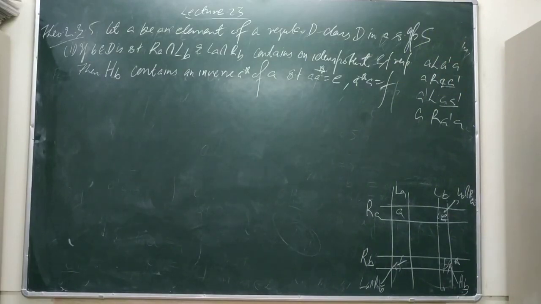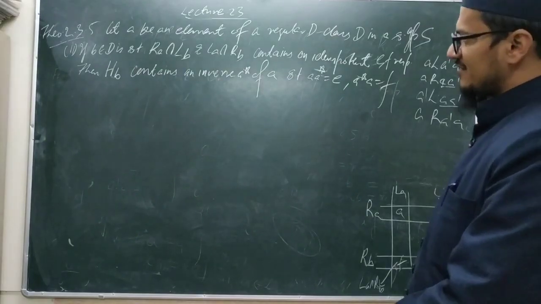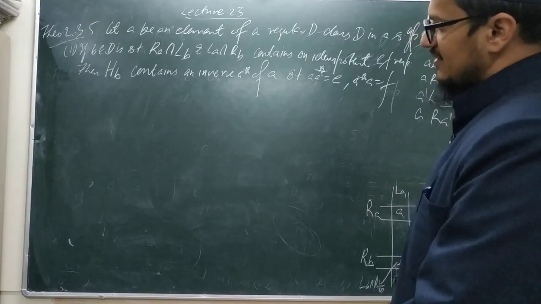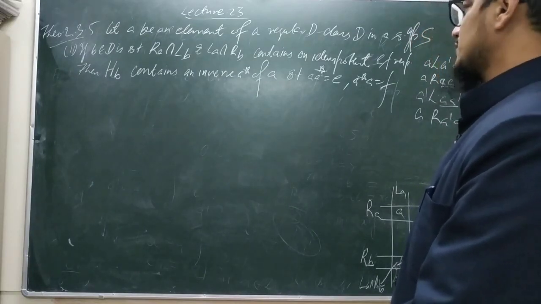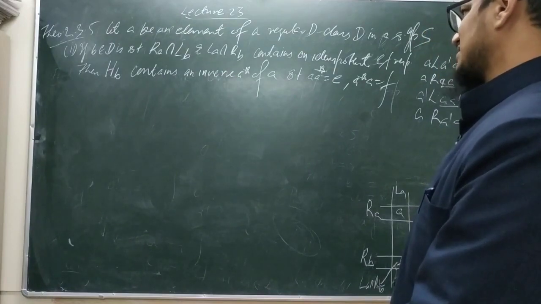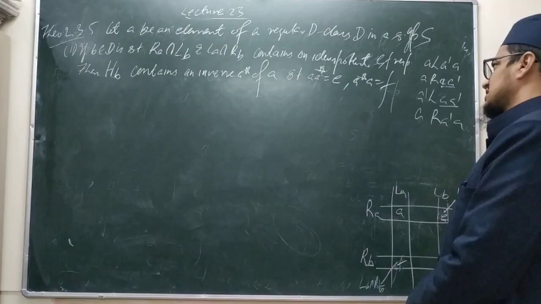So basically we have to search for an a*. That a* should be in H_B, and a* should be R related to B, and a* should be L related to B. Then only we can say a* is in H_B, correct? First we have to search for that a* which is H related to B, and after that we will show that aa* is E and a*a